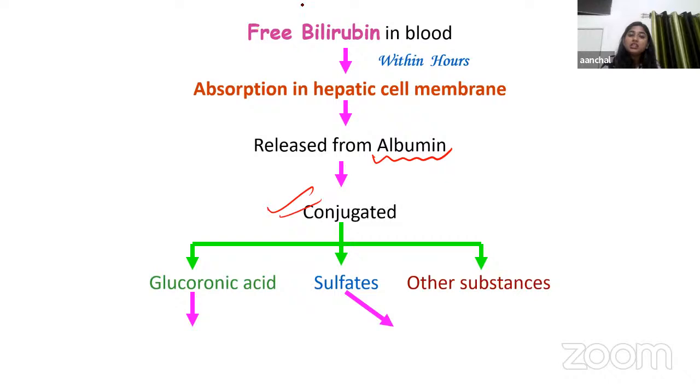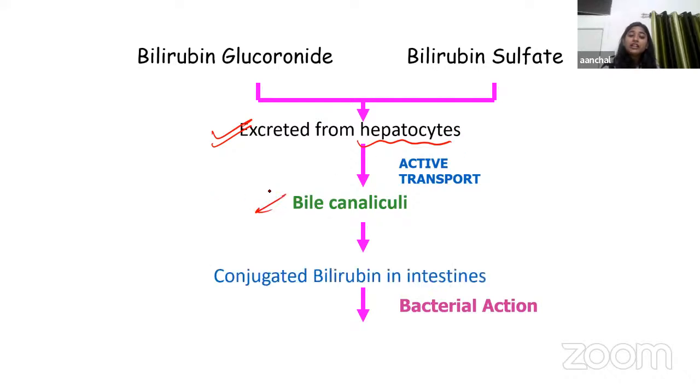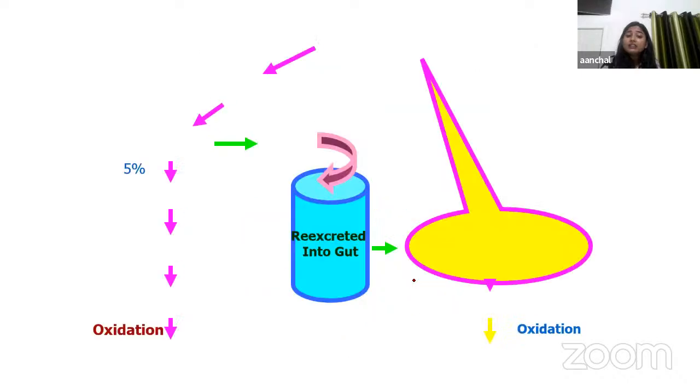Once this free bilirubin gets conjugated, what will happen? It will get excreted. The excretion will start from the hepatic cells through the active transport that we have already seen, and the transportation to the intestine will start through the bile duct, or we also call it bile canaliculi, right? Now, conjugated bilirubin in the intestine will also act with the help of some bacteria, and there will be formation